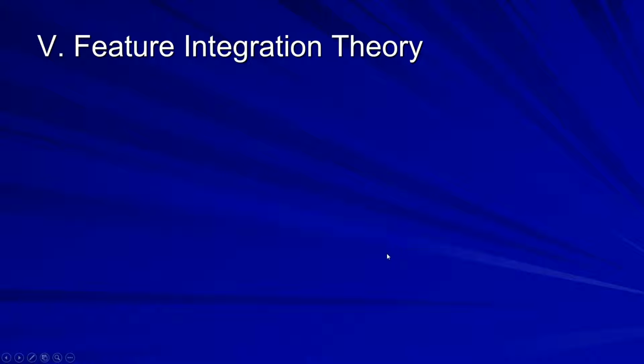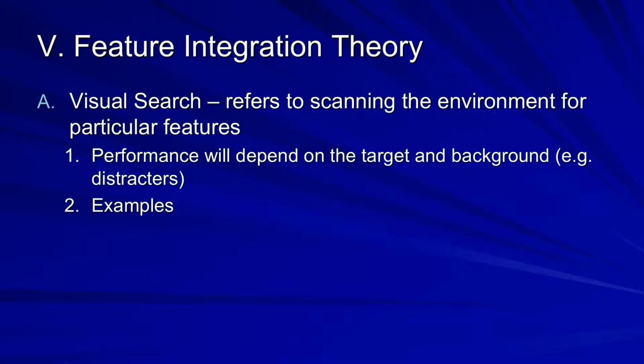Okay, so to pick up where we left off in class the other day, we'll finish up talking about visual attention. And the first thing I want to talk about under this topic is what is called feature integration theory. And this was first proposed by Anne Treisman back in the late 60s,